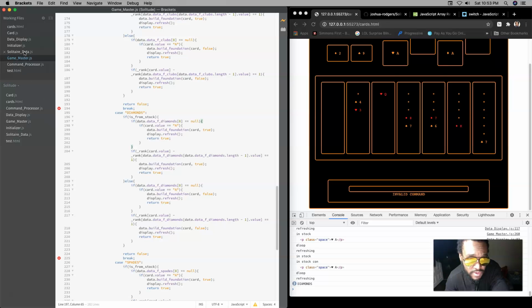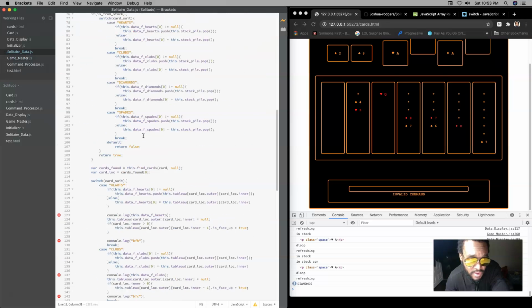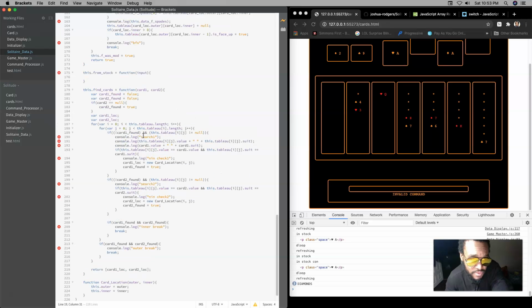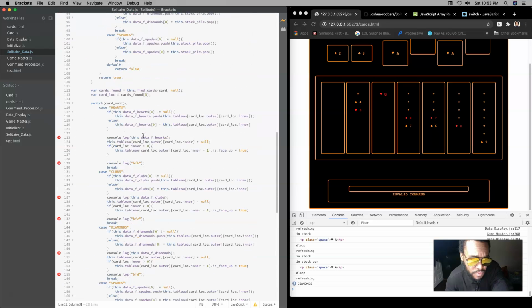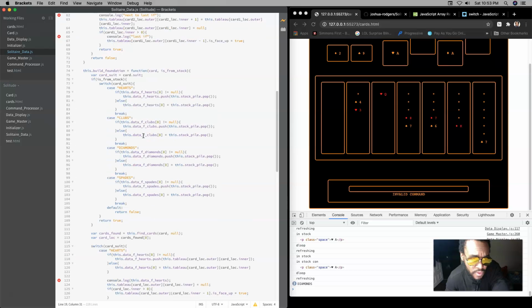with true. Build foundations in solitaire data. I come to build foundation. Got the card in true. Card suit, if it is from stock, in this case it's diamonds. If the first thing in diamonds is null, which it's not. If the first thing in diamonds is not null,